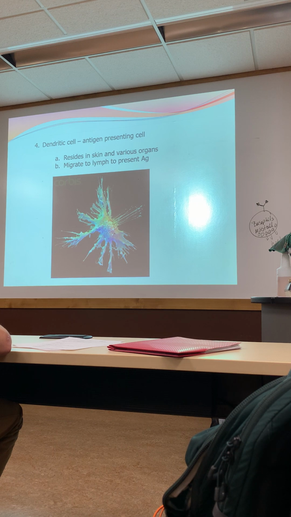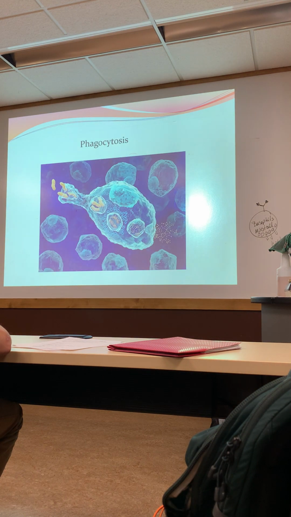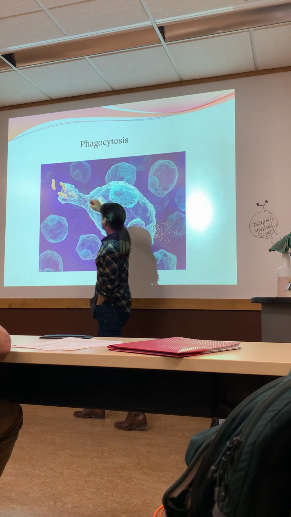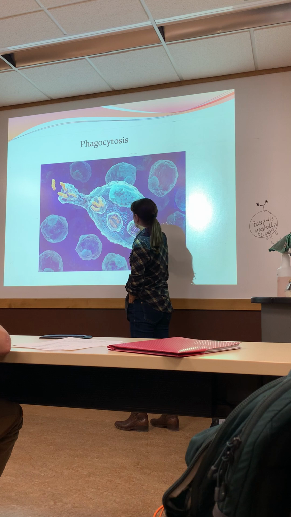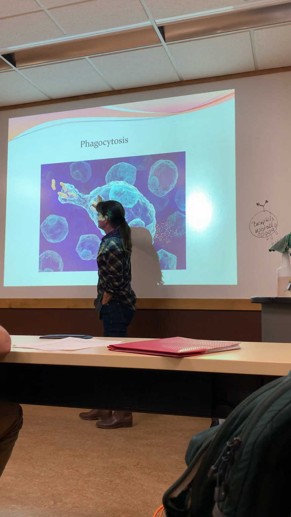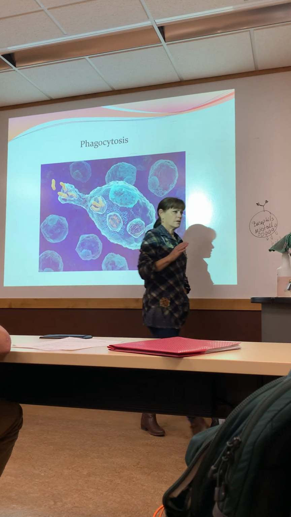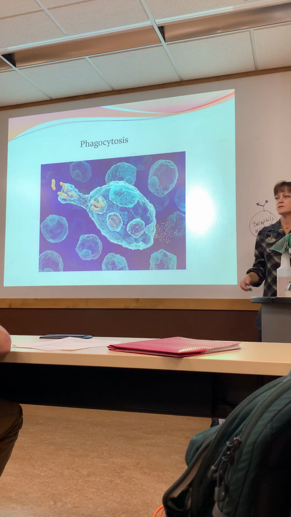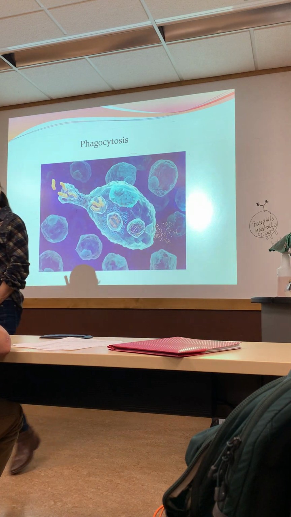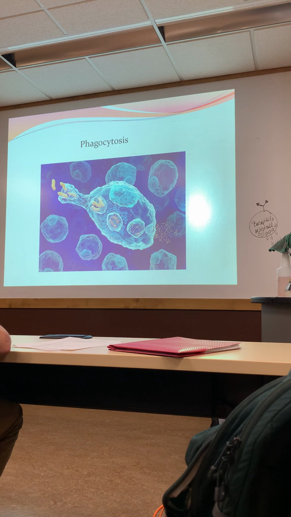So dendritic cells are phagocytic cells. They're phagocytic, but what they do, instead of taking this in and taking it to the lysosome and chopping it up and spitting it out, they take it in and they cut it into little pieces. They cut the pathogen into little pieces, and then they stick the piece out on the cell surface, and then they run around and present it to different white blood cells, specifically your T cells and your B cells.